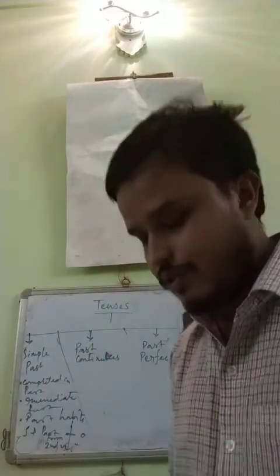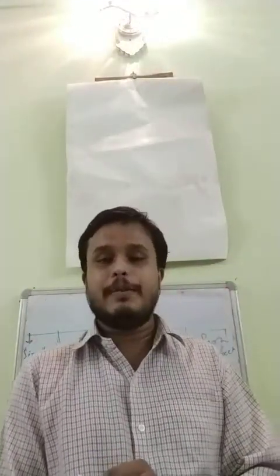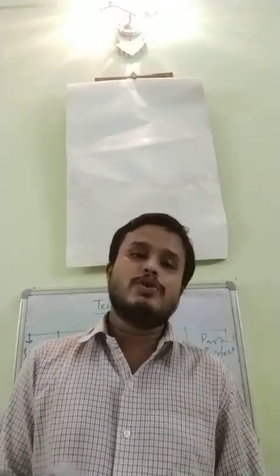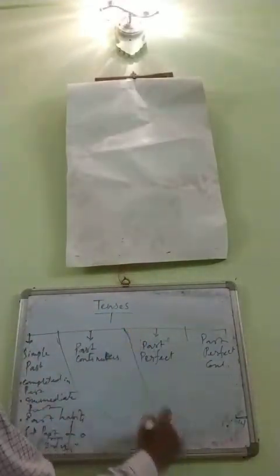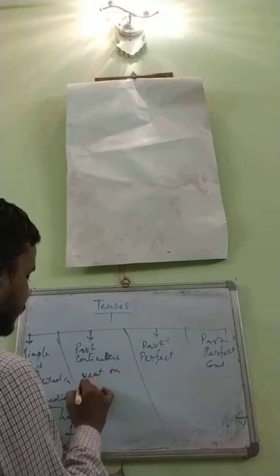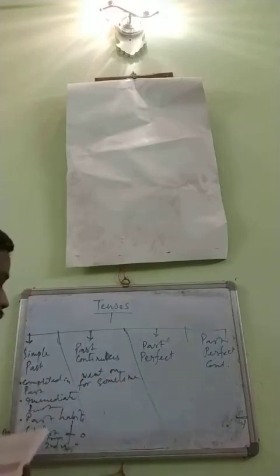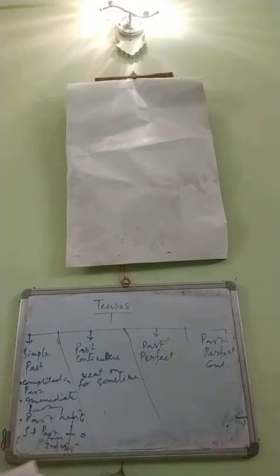Past continuous: action which was going on for some time in the past. The action of the work which was going on for some time in the past. The work which went on for some time in the past. Now here what you will be seeing,